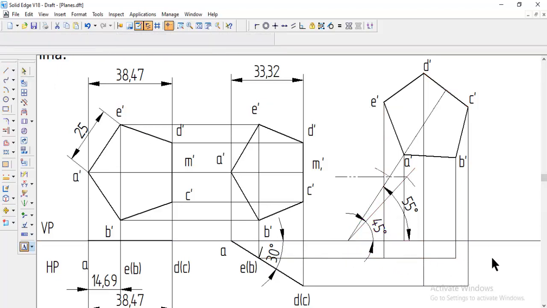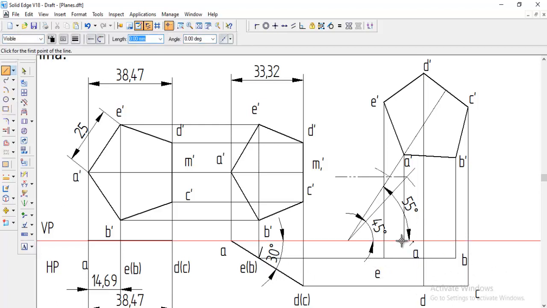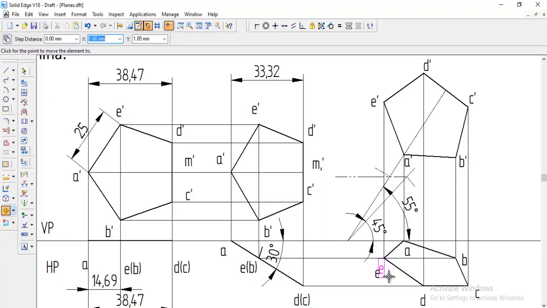Before that you can name it, then it will be easy to join. This is A, and this one we got B, and this one we got C, and this one we got D, and this one we got E. Like this we got all the points. You can now go to line, visible line, join it from A to B to C to D and E and back to A. So final, after finishing everything, you can keep the namings in a proper position before taking printout.